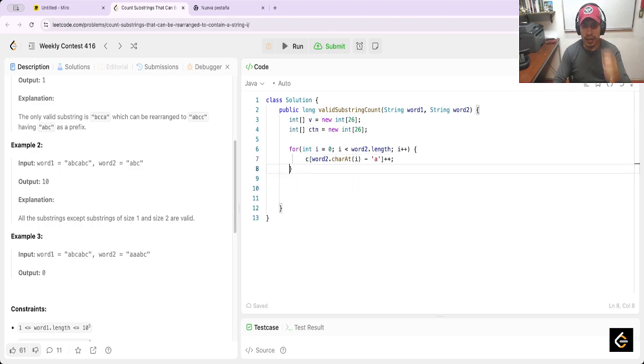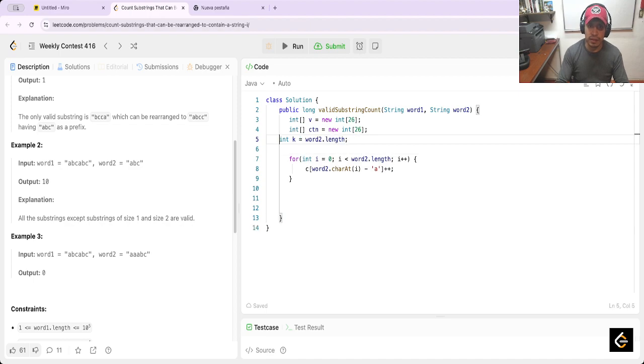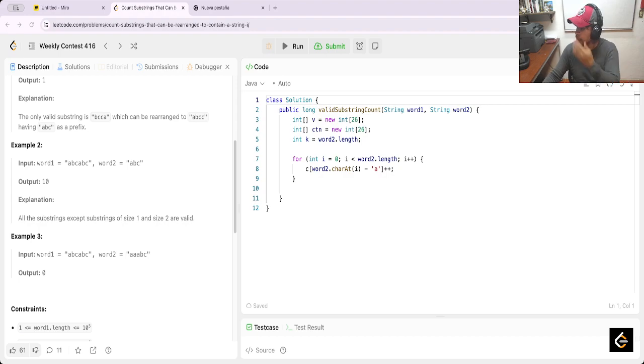Now the next, and we need an integer k, it's equal word 2 dot length. Okay, now we have this. The next is iterate over